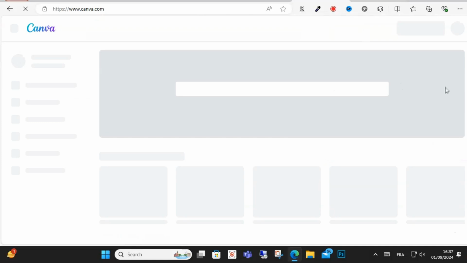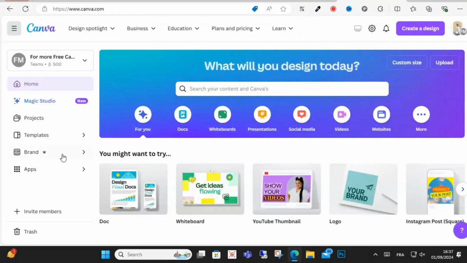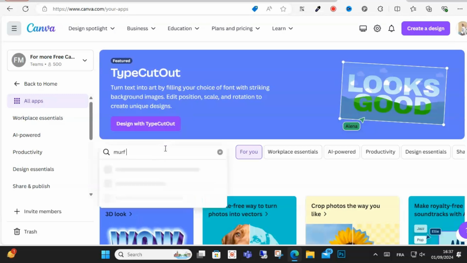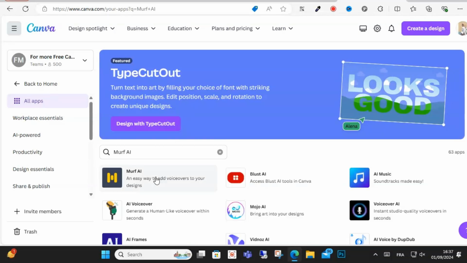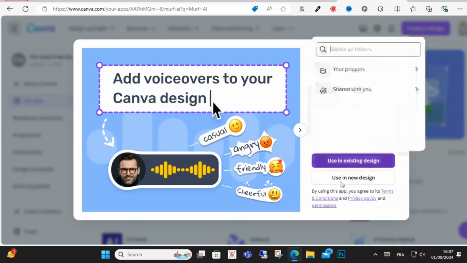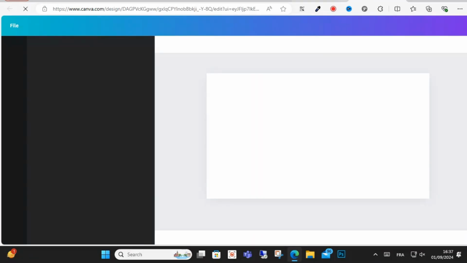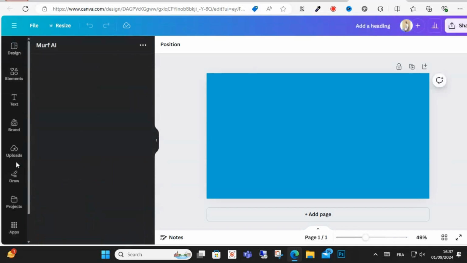Open your browser and search for Canva, and after that go to the Apps section and search for Murf AI and click this open selection. Select the Murf AI. From the search result, click on the existing design and choose the project where you want to add the voice, and